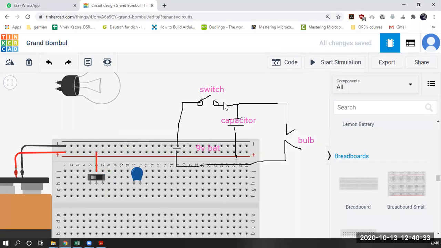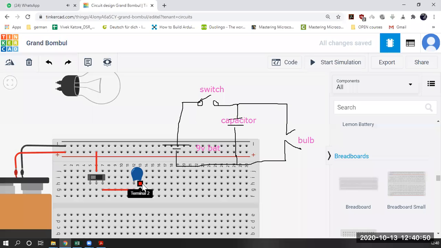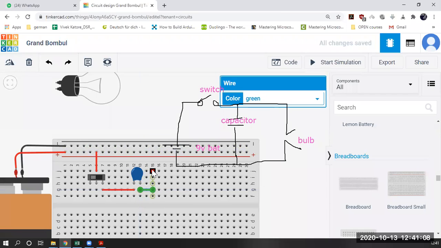Then out of this, where is it going? To the capacitor. So out of this, I'm taking this and I'm connecting here. Okay, this part is still red, right? So we can look at the connection, how it's going, right? Then the second side of the capacitor is going where? It's going to the negative side. So what I can do, I can do this and connect it directly to the negative side. Okay. Or if I want to do it properly, then I can do something like this.